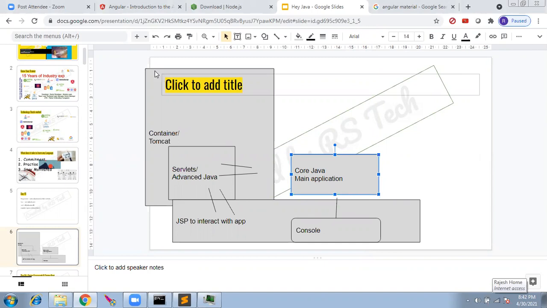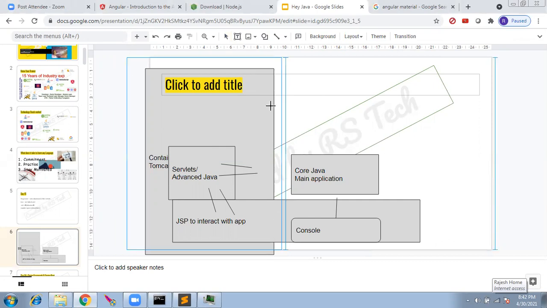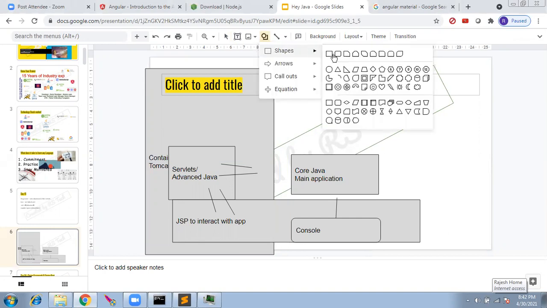Later, these structures, the servlets, the container, and the JSP, these three were combined by a person who came later, and he said, why do you need all three separately? I'll give it together. And he called himself the Spring framework. Spring and Spring Boot.